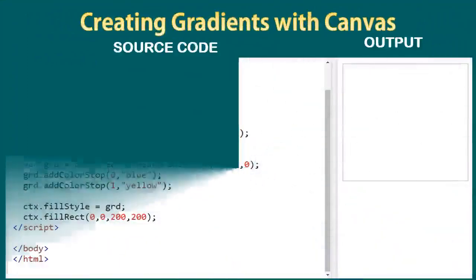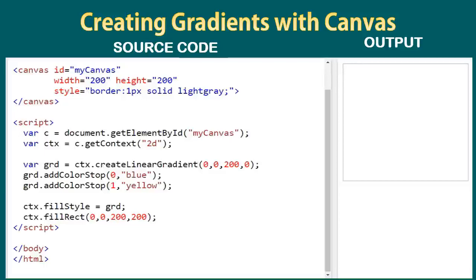To understand the creation of gradients with canvas, now let us open up the system screen. Here in this example, we are going to see how to create gradients. There are two types of gradients. One is linear gradient, the other one is radial gradient. Creating a gradient is done in 2 steps. First, we create the gradient. These lines are used to create the gradients and use the gradient to fill the context.